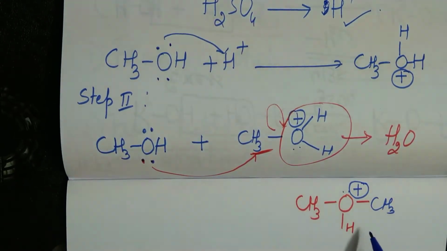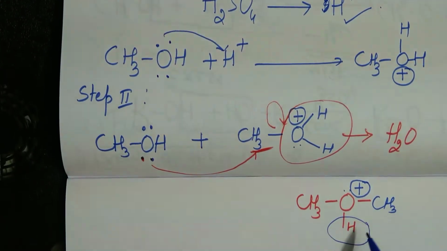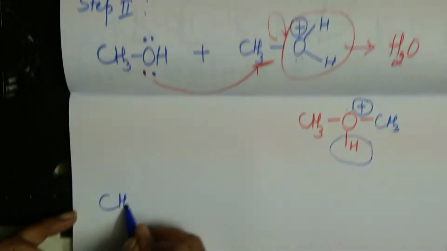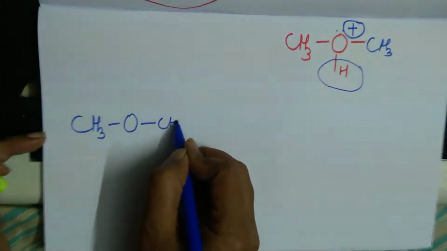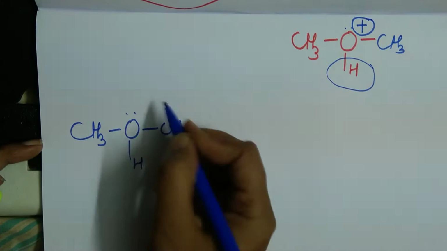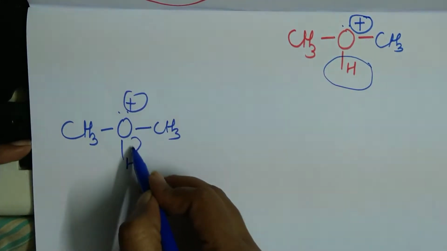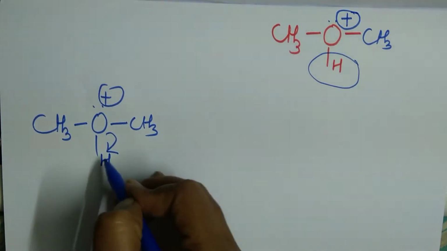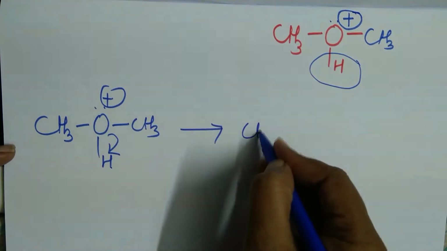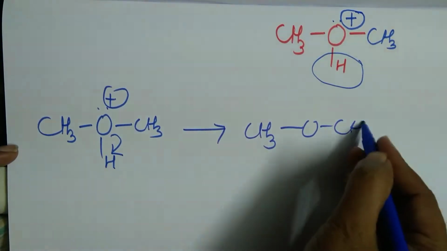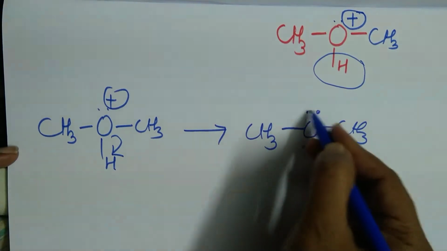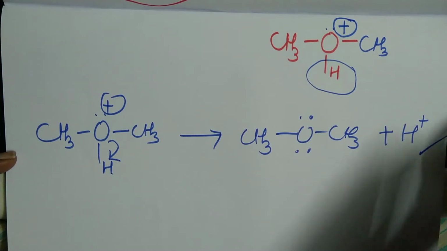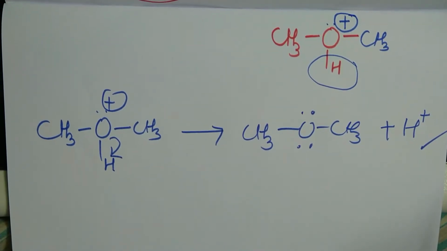Now how do I get ether? By removing this hydrogen. So removal of hydrogen is called as deprotonation. So deprotonation of the protonated ether will give us, so oxygen is deficient of its lone pair of electrons. So this hydrogen gives back the electrons, giving you CH3OCH3, an ether, and oxygen is happy with its two pair of electrons and proton is removed. I hope you have understood the mechanism.